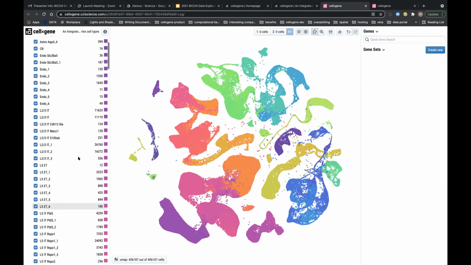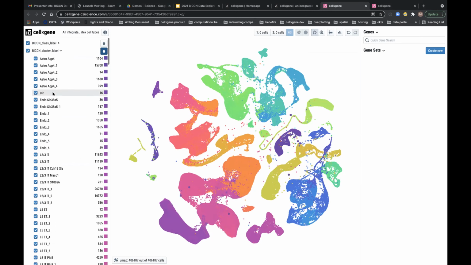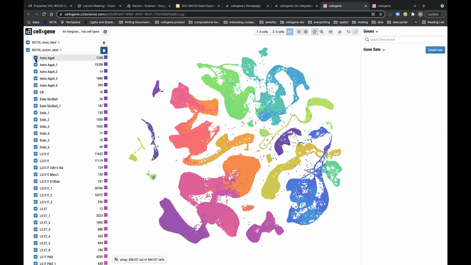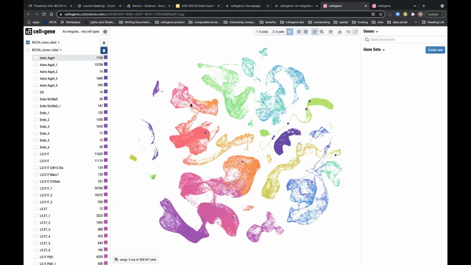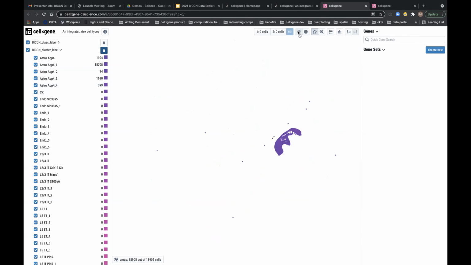Beyond this, as I was mentioning before, we can use these checkboxes to select and deselect cells. If we wanted to deselect all of the cells in the pane, notice that the intensity of the points, or maybe the weight of the points, got diminished once I deselected all the cells. And so I can select just a population that's interesting to me. Maybe I just want to take a look at astrocytes, and then doing that selection, I can finalize that by using the subset button.